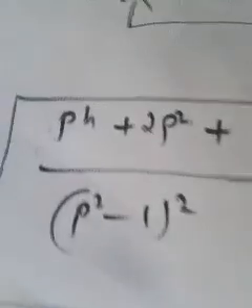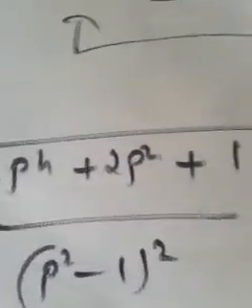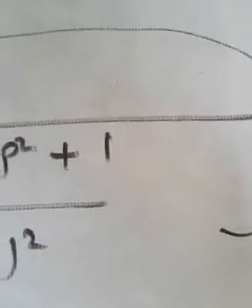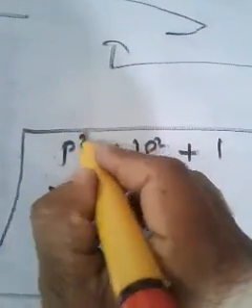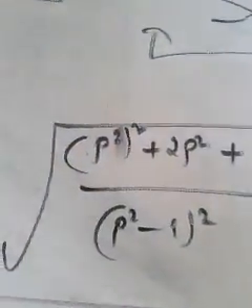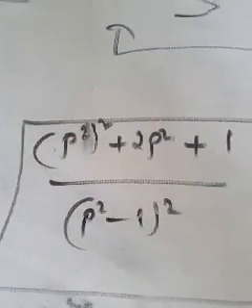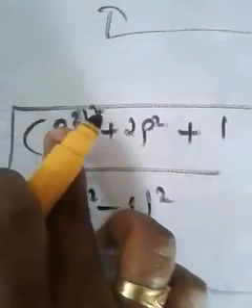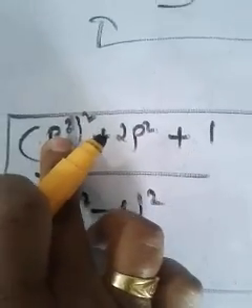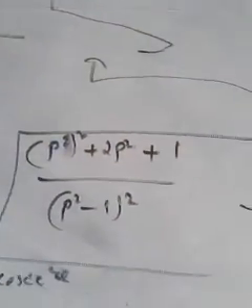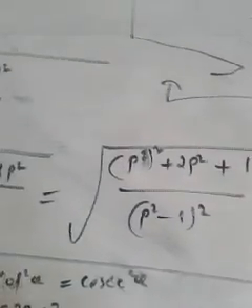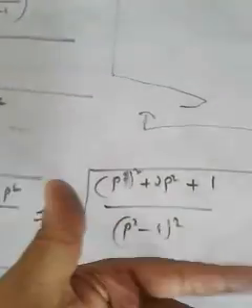Can I write it as square root of, what is the numerator? Numerator is p raised to 4 plus 2p square plus 1, isn't it? Can you write p raised to 4 as p square all square? Yes, of course. Now if you consider p square as a, it becomes in the form a square plus 2ab plus b square. That means you can write it as a plus b all square. I think you are not getting this method, no? I think this is a little bit difficult, so let us leave that.